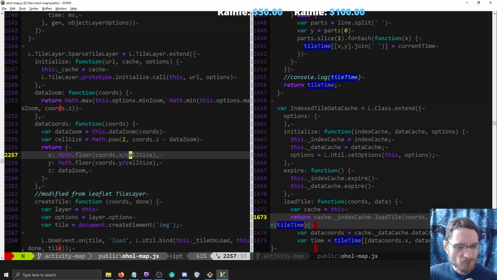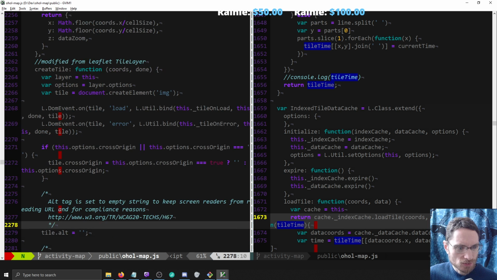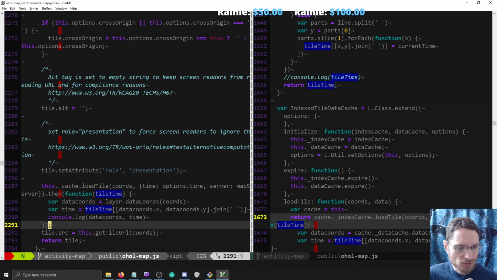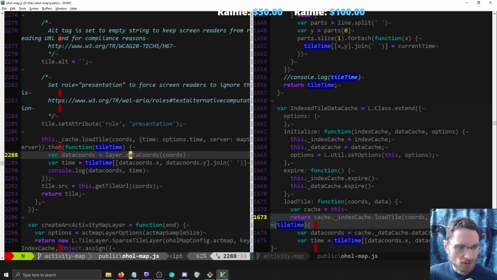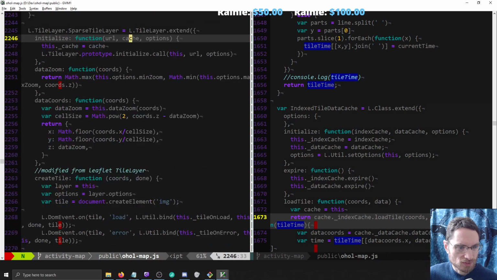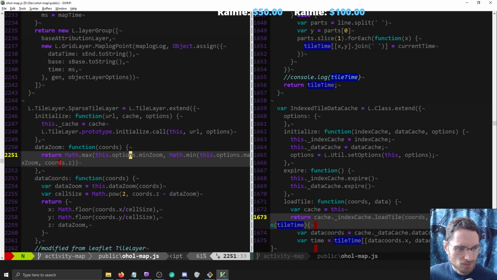Coords.z. We just do that in data zoom? Leaflet's going to do it for its reference. And then this, it's negative, so this is going to be plus